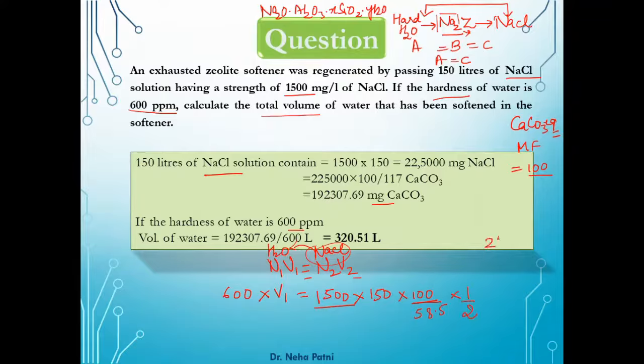How? Because I guess you remember that the valency factor is 2 here, right? In order to regenerate 1 Na2Z, 2 NaCl is required. So 1 NaCl is actually going to regenerate half of the zeolite, and this is what is utilized in neutralizing your softening process. This is responsible for hardness. So you have to write half here in order to equate this NaCl with respect to what is Na2Z utilized for softening of this hard water.